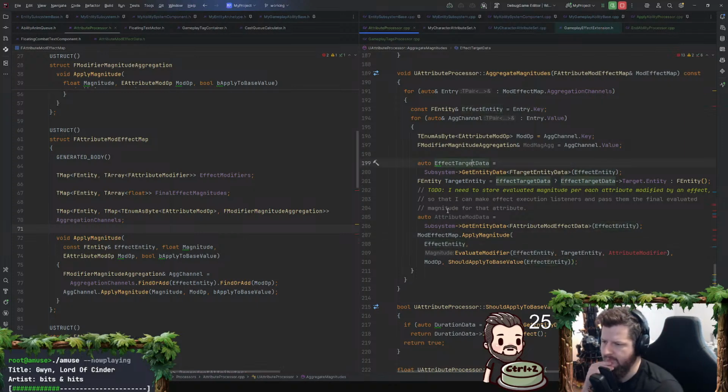Effect target data. Yeah, we're already getting target data off the effect as well. Apply mag. And then we iterate over the aggregation channels. Wait, what am I doing here? I don't think I iterate over the aggregation channels here. I think I iterate over the effect entity.